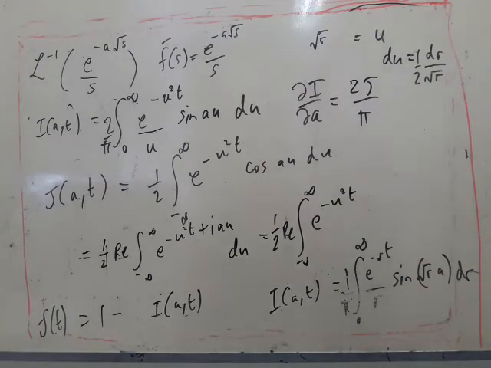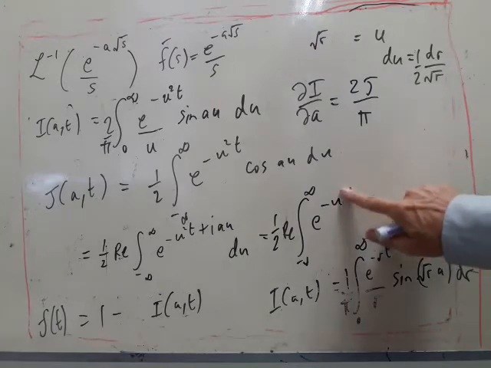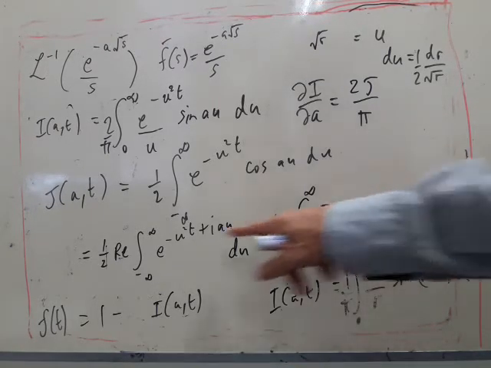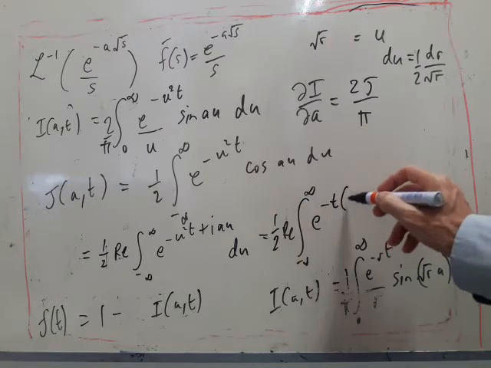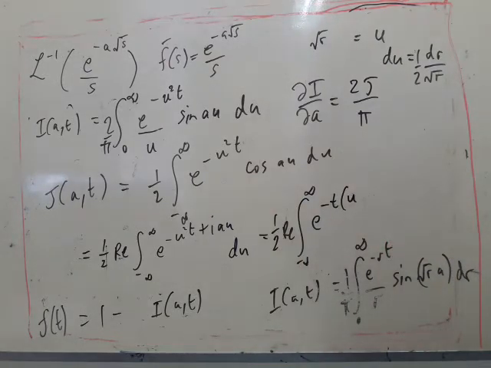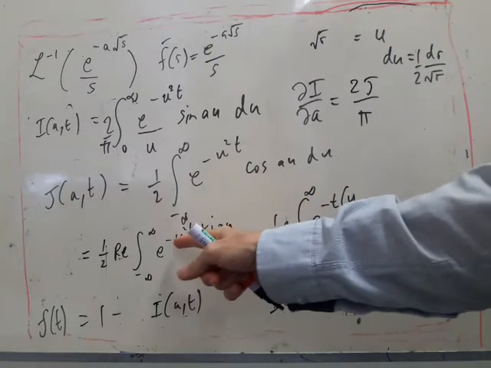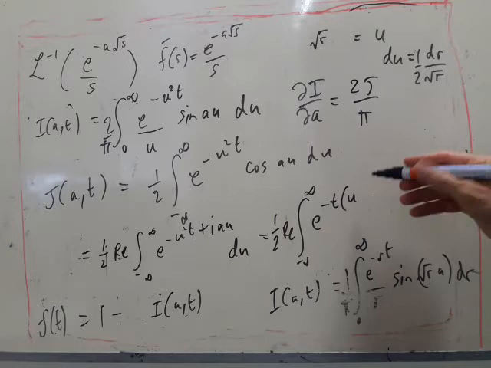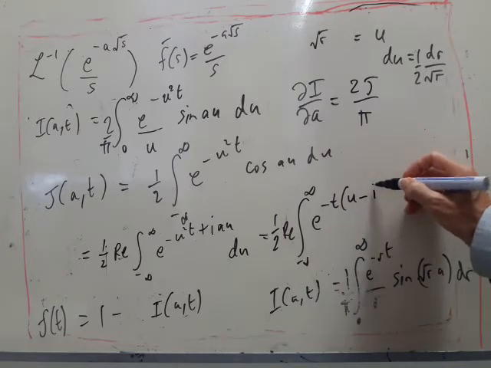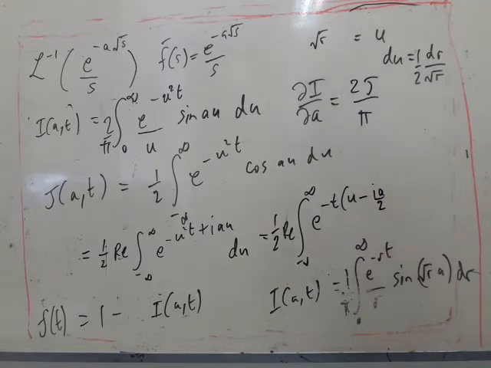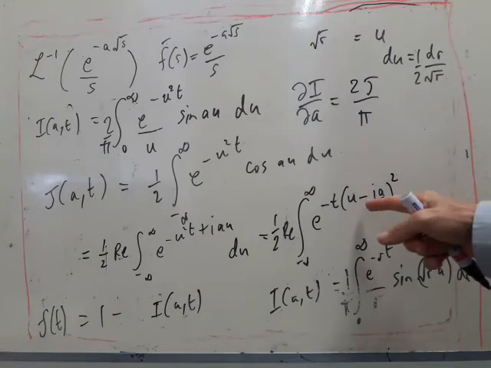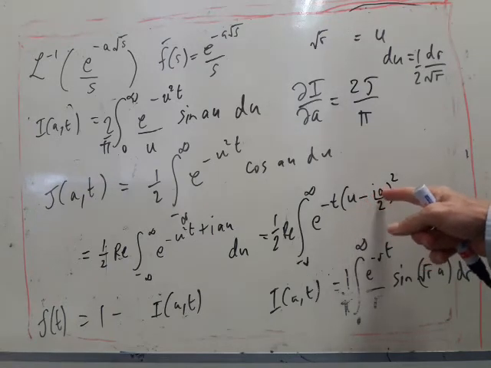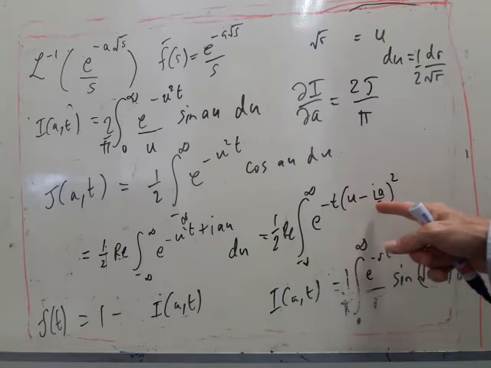Okay, so to complete the square, we'll take out a factor of t, and then to get that we need, this is outside the brackets, we need another minus here, and then it's going to be minus ia over 2, so that when we square this, we'll get a minus iau, we'll get the u squared, and then